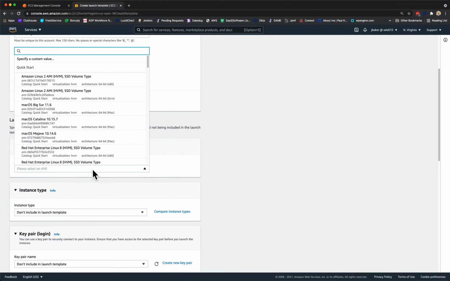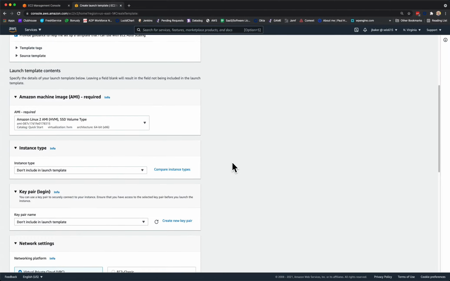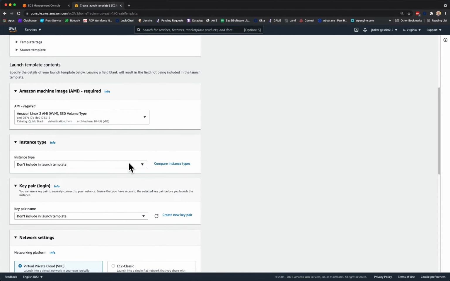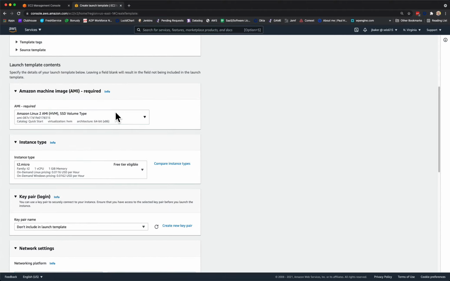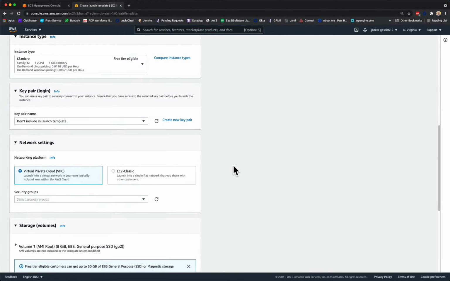We'll click on the AMI drop down, and I'm going to select the very first one, Amazon Linux 2 AMI. And then under instance type, I will select the T2 micro instance type. Under key pair login, we'll just leave it at don't include in the launch template. We don't need a key pair since we're going to use the